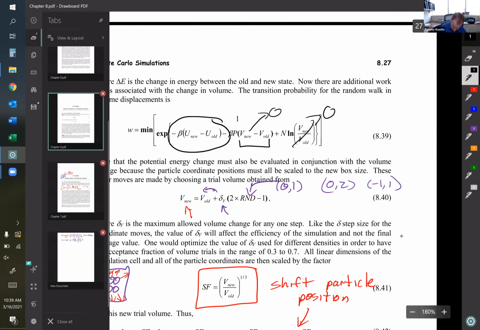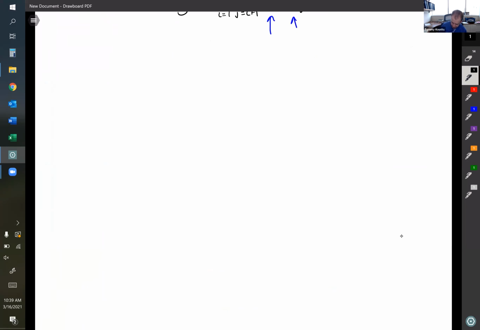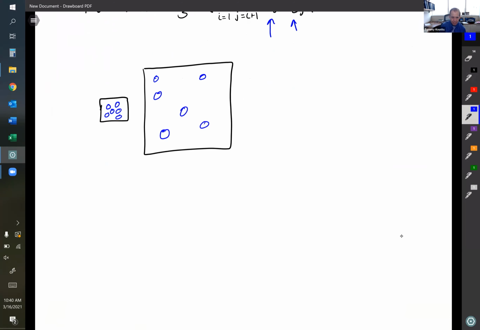I want you to read about this in the book before we talk about it next time, and that'll help you firm up a lot of what we talked about. But Gibbs ensemble allows me to simulate two boxes at the same time. And they're at different densities, where one would correspond to the liquid phase and one would correspond to, say, the vapor phase. And the way I get my chemical potentials to be equal is I have three types of moves